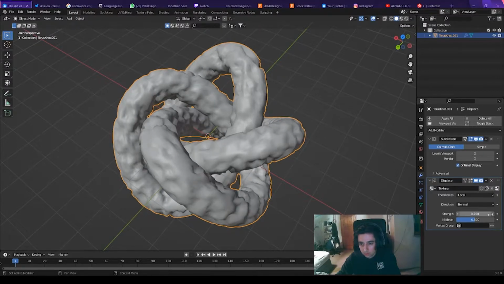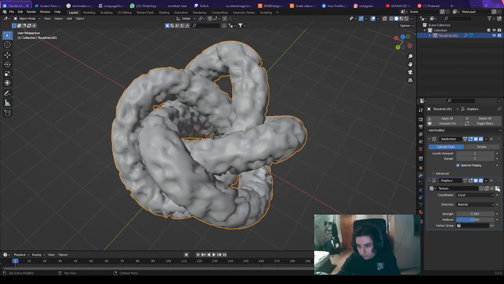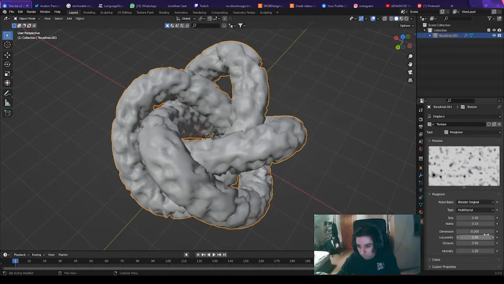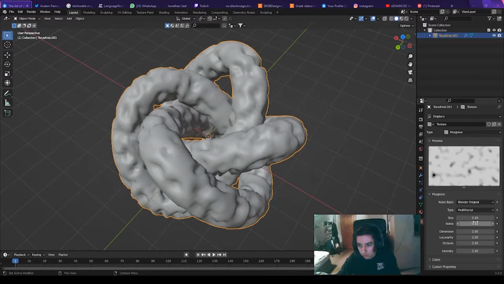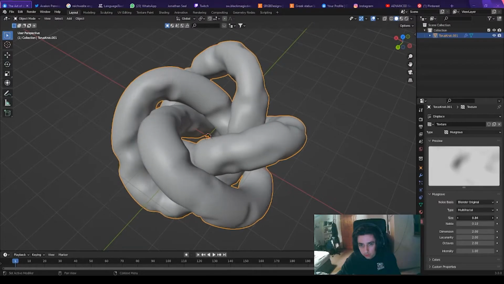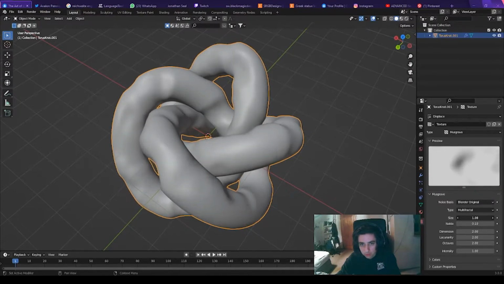Still looks really bad. Why does it look bad? One second. Okay, the dimension changes a bit. Okay, I guess you just have to change the size setting